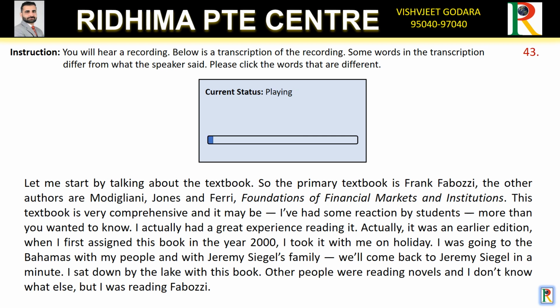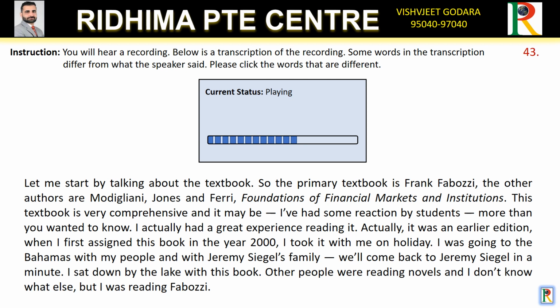Let me start by talking about the textbook. So the principal textbook is Frank Fabozzi. The other authors are Modigliani, Jones, and Ferry. Foundations of Financial Markets and Institutions. This textbook is very detailed, and I've had some reaction from students. It's more than I wanted to know, but